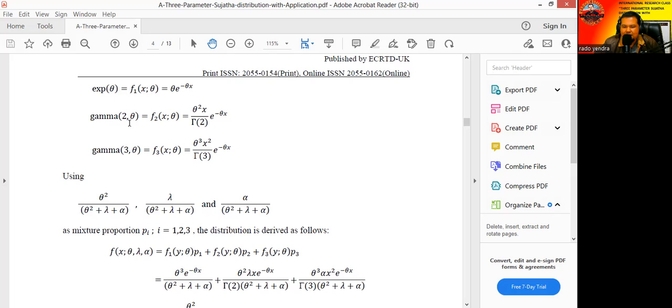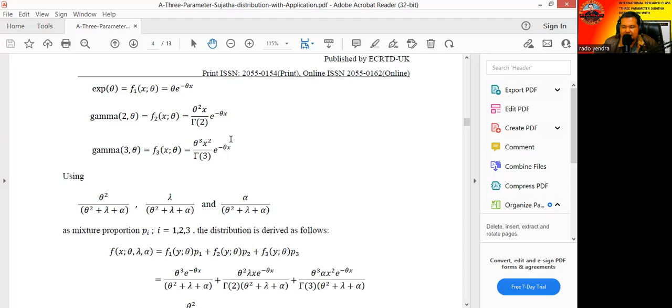And then gamma 2 theta equal to theta power 2 x divided by gamma 2 multiplied by exp minus theta x, and gamma 3 theta equal to theta power 3 multiplied by x power 2 divided by gamma 3 multiplied by